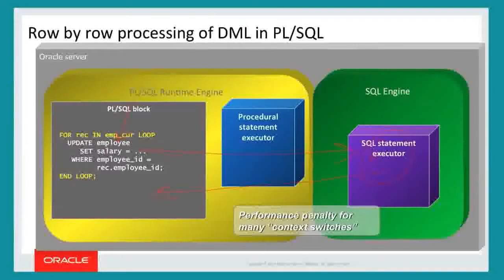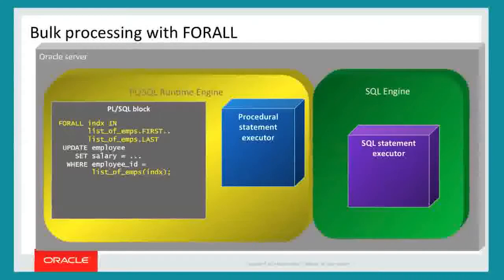So what you want to do in general is reduce the number of context switches. And bulk processing gives you a way to do that. So if I have a for loop, and inside it I have one or multiple DML statements, and I can't switch to just straight SQL, I need PLSQL, then what you should do is switch from a for loop to a for all statement. It's like a meta DML statement. You attach the DML statement to it, and then the behavior is very different.